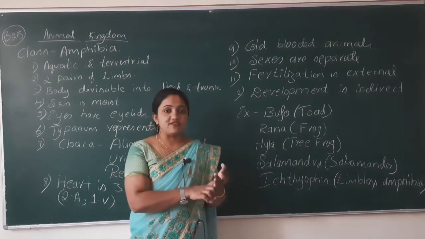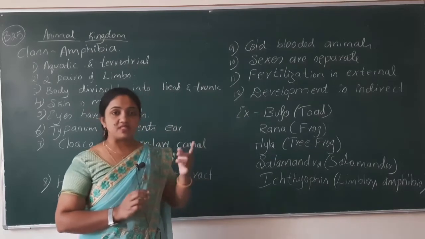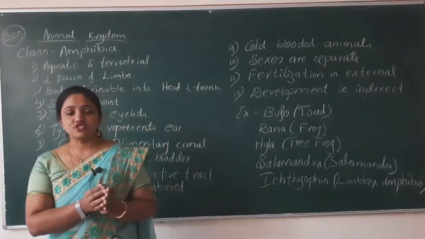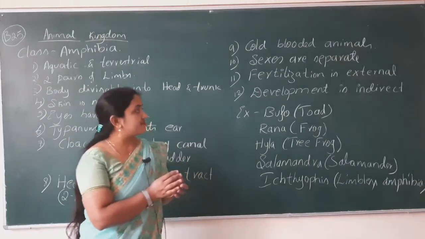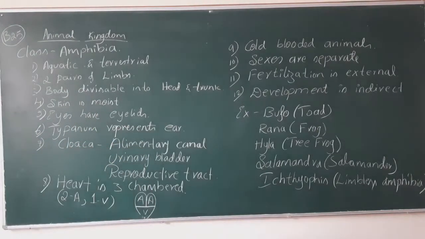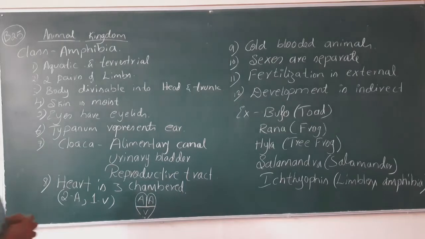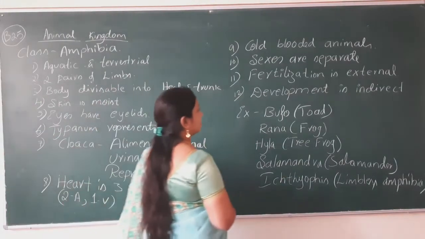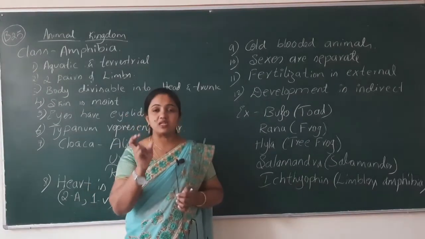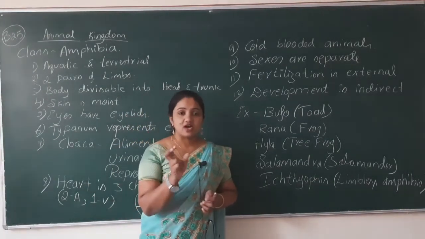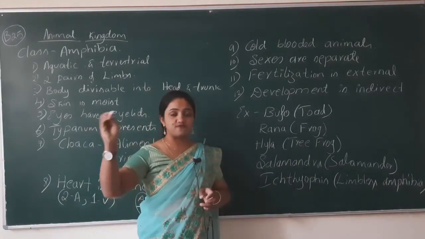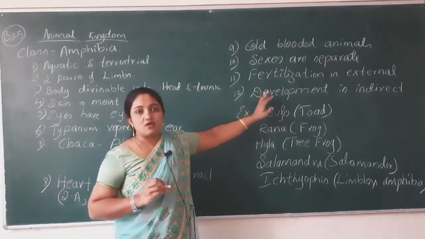Onto that, the male frog releases the sperm. There, in the suitable area, the fusion takes place and development is indirect. Development is indirect in the sense that after the fusion, the zygote forms, the zygote comes to the larval condition, and then after the formation of larva, it forms a new adult organism.